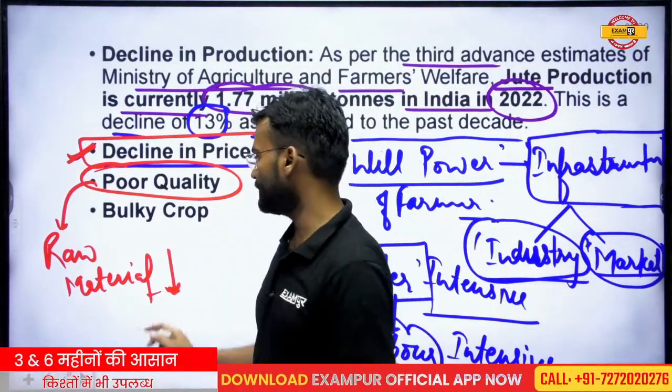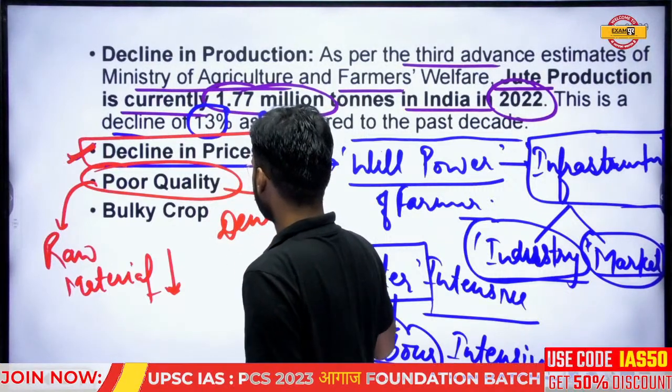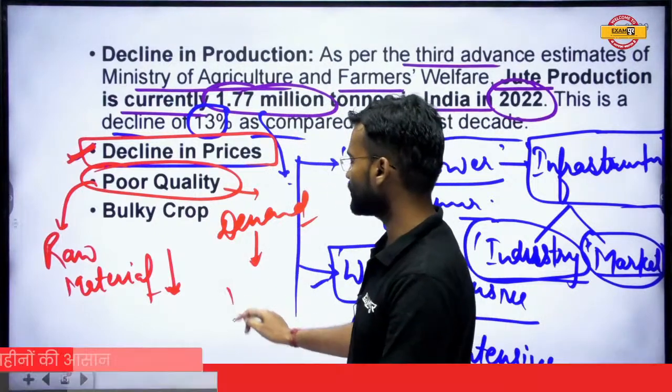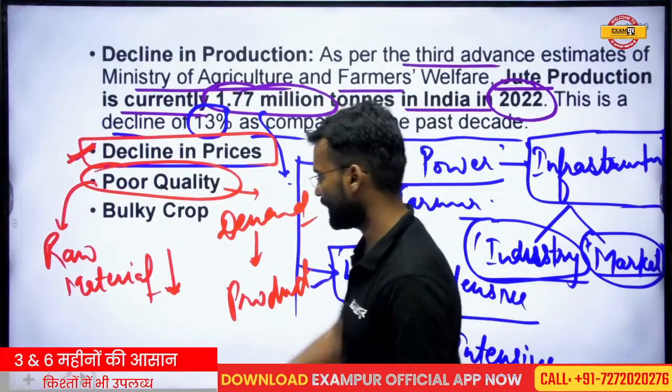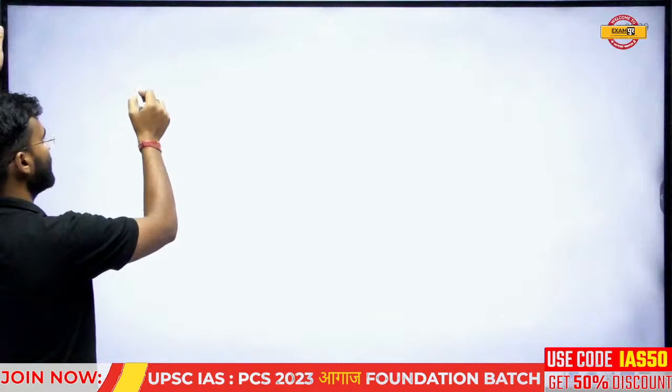If the quality is low, demand will decrease. If the demand decreases, then the production will decrease. This is the supply and demand concept. If you have any product which has less quality,